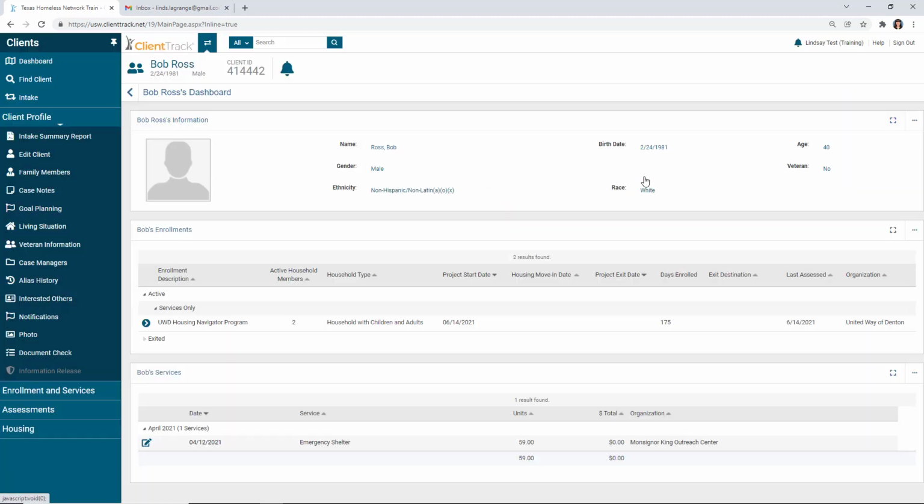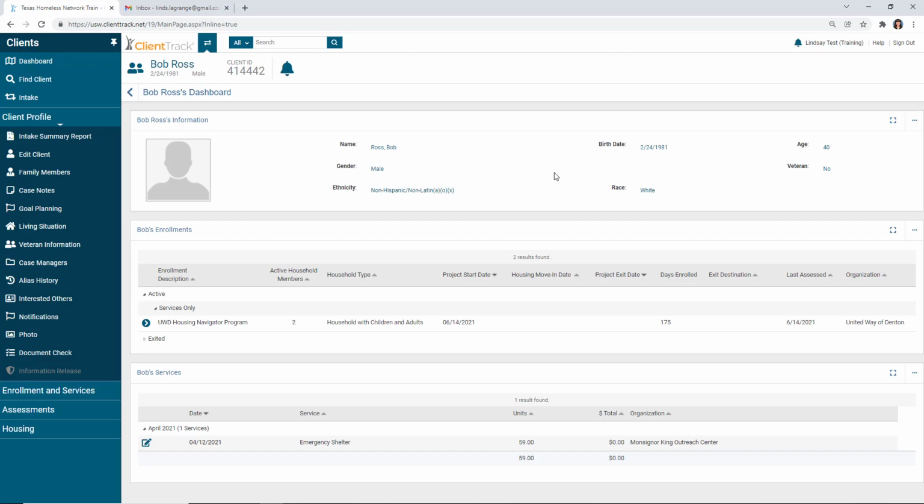I'm going to exit out of this for a second to clarify that it's important that you click this help button when you're on the page that you're experiencing an error. This is going to give us a lot of that debug information that we'll need in order to triage and eventually solve this issue. So for example, if you need to merge a client, it's helpful that you start on that client's dashboard when you click that help button. Or also, if you need help with a report, by clicking that help button while you're on that page, it will give us the parameters that you used on that report, which report it is that you're using, and what